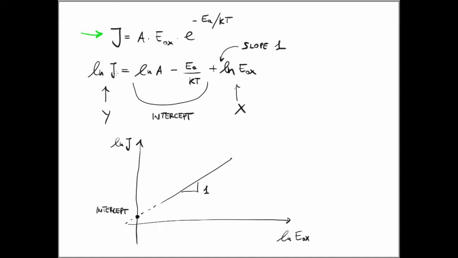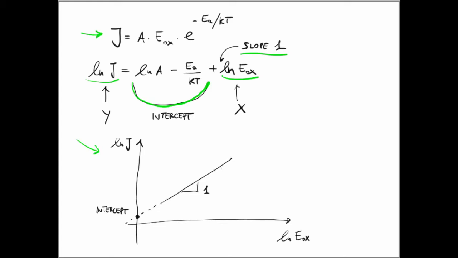So if we consider ln J, we can quickly realize that we can write the right-hand side like that. So again, we have an intercept that is effectively a constant depending on the fundamental parameters of our device. And then ln Eox, the electric field in the oxide. So we should expect a slope 1 in a plot where the ordinate is ln J and the abscissa is ln Eox. So the plot we should do is ln J versus ln Eox,